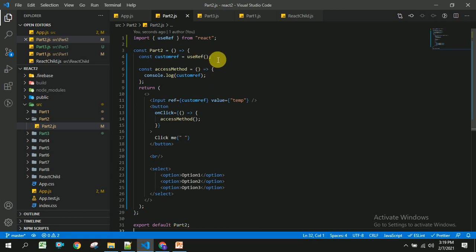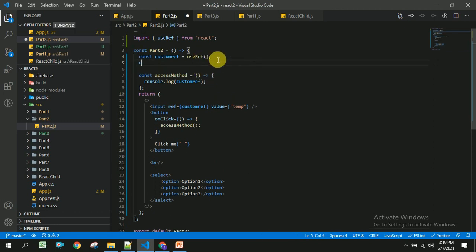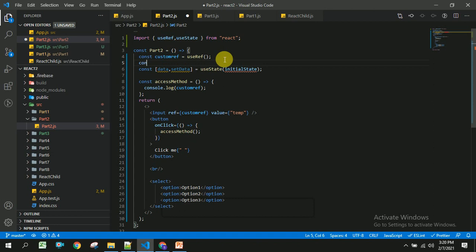For this, I am going to create an array constant: data, setData equal to useState of some initial state. I have to import this useState from React, and I am going to create some initial state here, which consists of an array of objects, or simply an array.